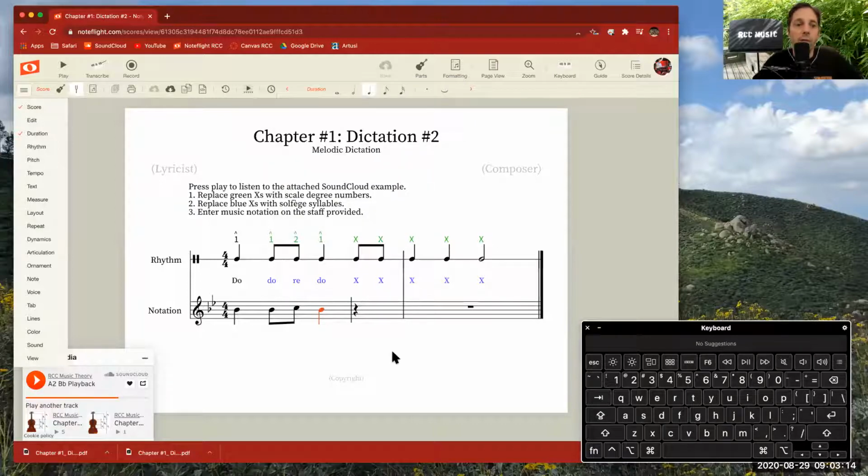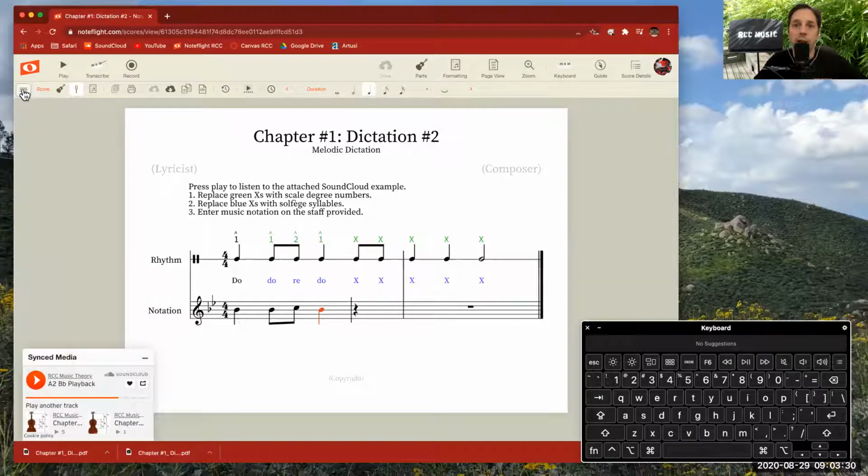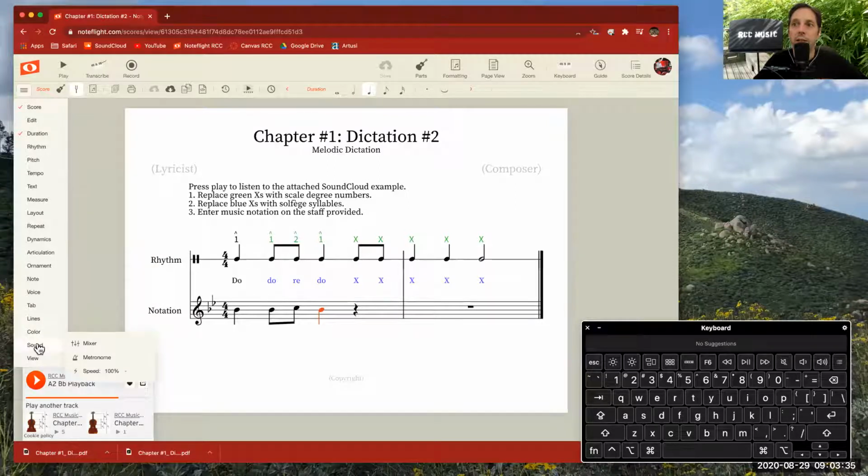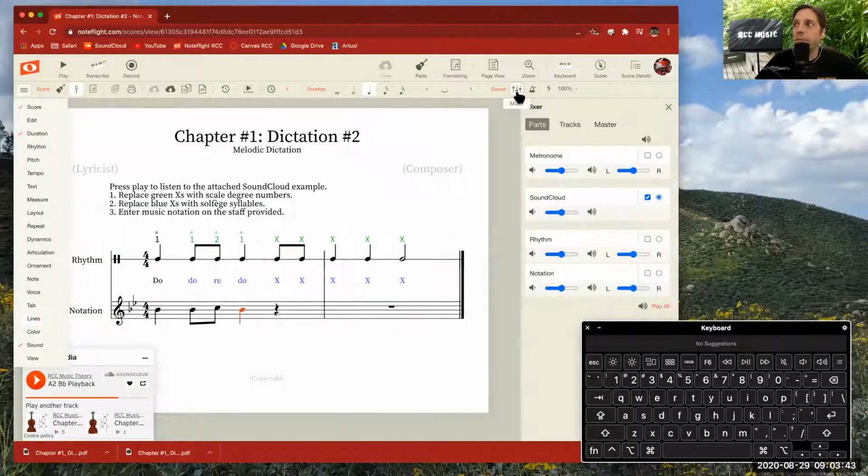Alright, one more feature of Noteflight that's nice when you're doing dictation is you can actually listen to what you wrote and hear the pre-recorded dictation at the same time to check your work. In order to do that, we need to open the mixer. So I'm going to go back to my palette menu and I'm going to go down to Sound. Now in my toolbar I see I have the little mixer button, so I'm going to click the mixer, and